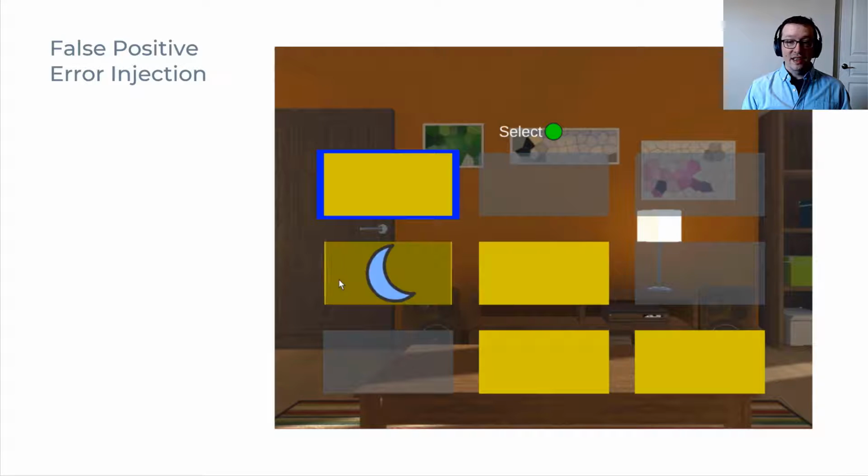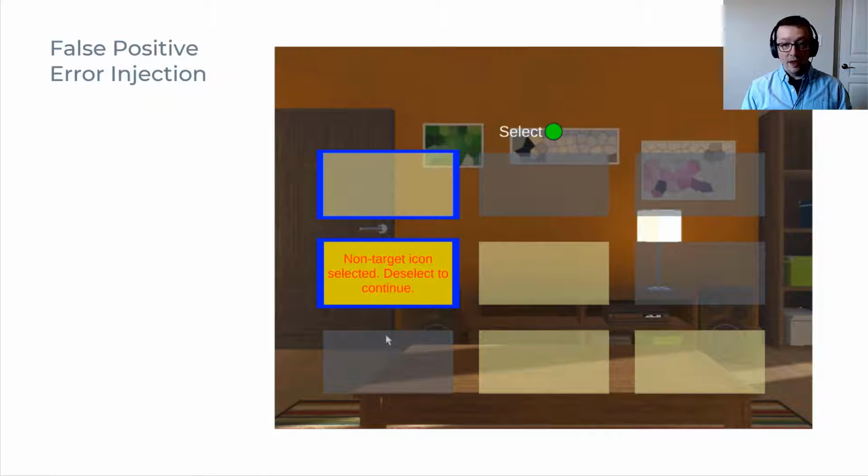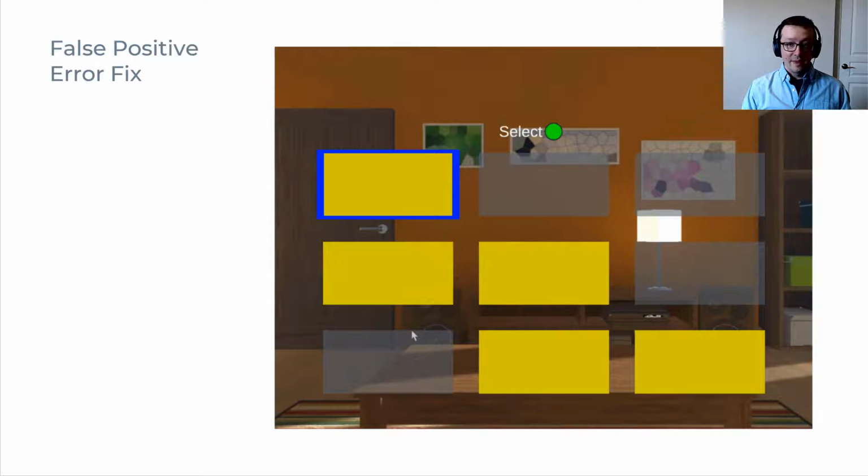The system can inject a false positive when the user finds a non-target item and goes to move on. The system acts as though a click has been performed and the tile is selected. To recover, the user must again reopen the tile and then click to deselect it. And once again, we can manipulate the time it takes to reopen the tile during this recovery.